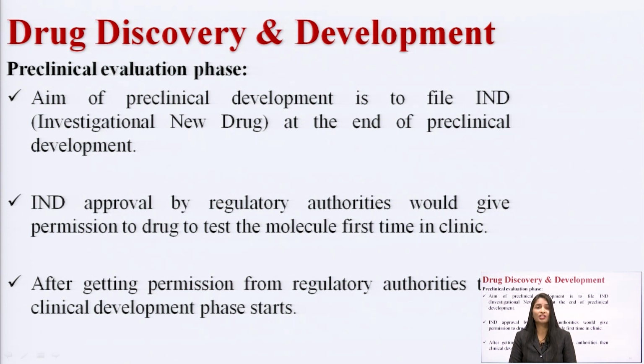check the activity for the first time on human beings, because in preclinical trials we check the activity on animals, not on human beings, right. In preclinical trials we will check the safety of any drug, we will check the toxicity of any drug, and we will see most of the pharmacological actions like pharmacokinetic parameters, pharmacodynamic parameters, the absorption of any drug, metabolism, distribution, how it is excreted from the body, is there any toxic effect, is there any teratogenic effect,